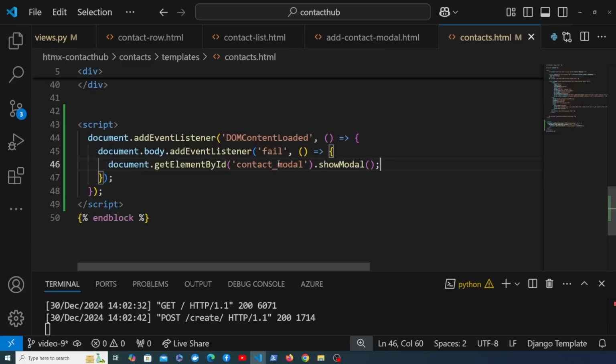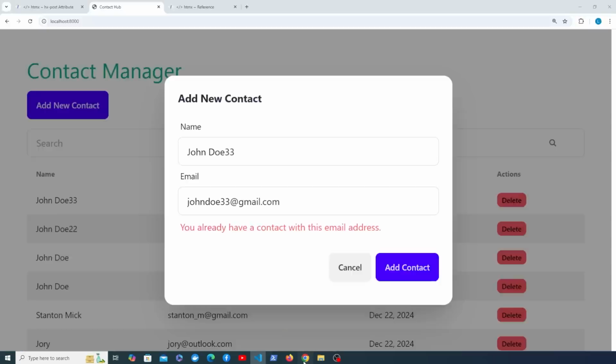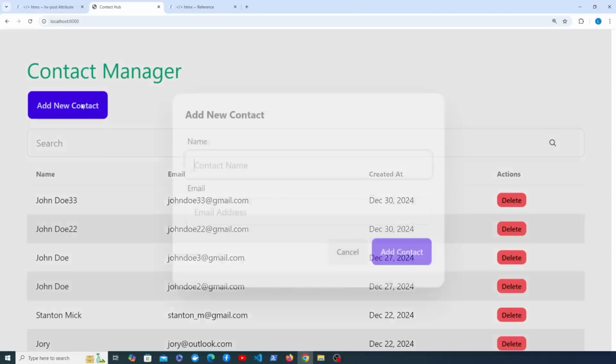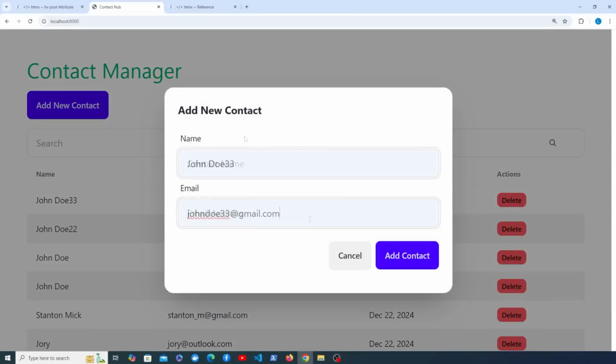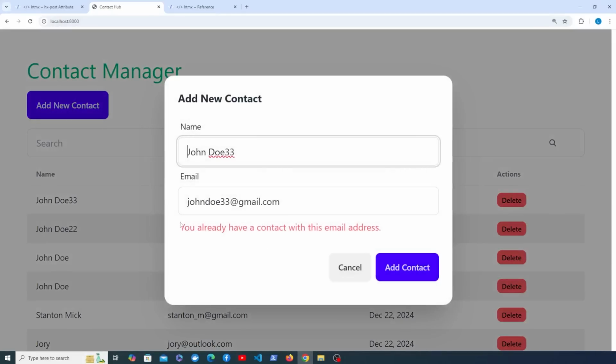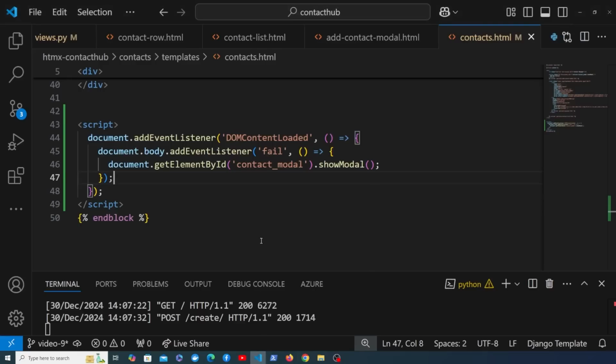so that the user can see that and edit the contact form. So with all that done, let's try this one more time and go back to the page. When we try and add a new contact here, and we have that duplicated email address, when we click add contact, we get back the new modal, and that's populated with the errors for the email field. So we can show the new modal because we've used that HX-Trigger-After-Settle header from HTMX, and the old modal is replaced with this new one, which we then programmatically show using a little bit of JavaScript on the